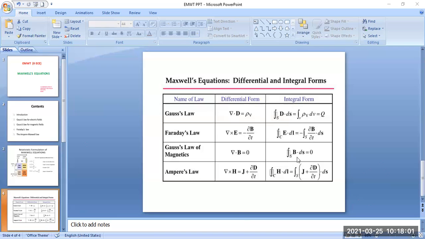That is closed surface integral S B bar dot dS bar is equal to 0. Why? Because del dot B bar is equal to 0, the divergence of magnetic flux density is equal to 0. See here del dot B bar is equal to 0. That is nothing but magnetic